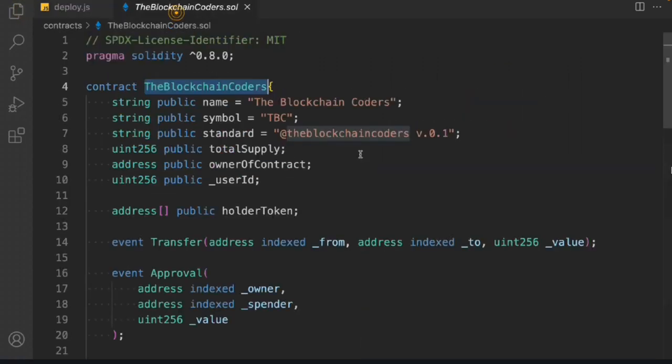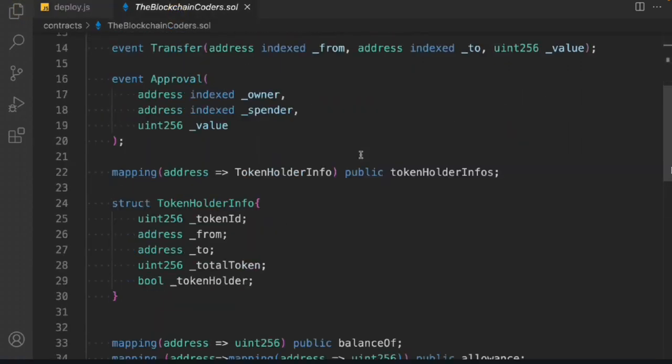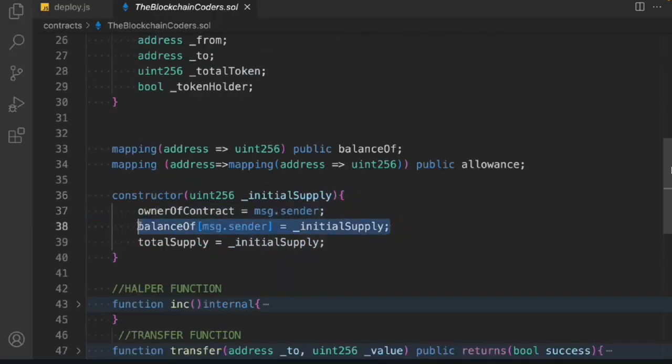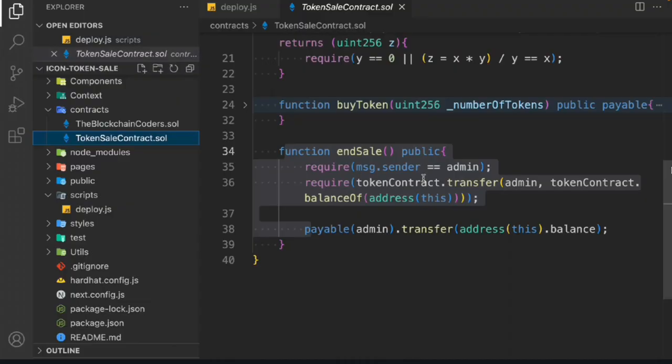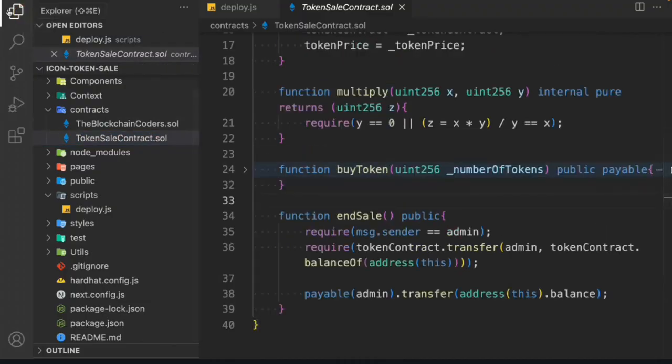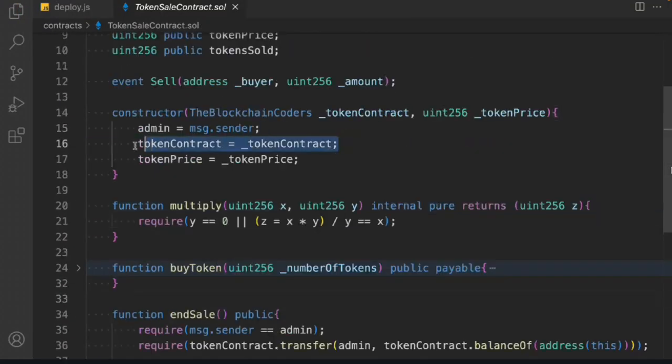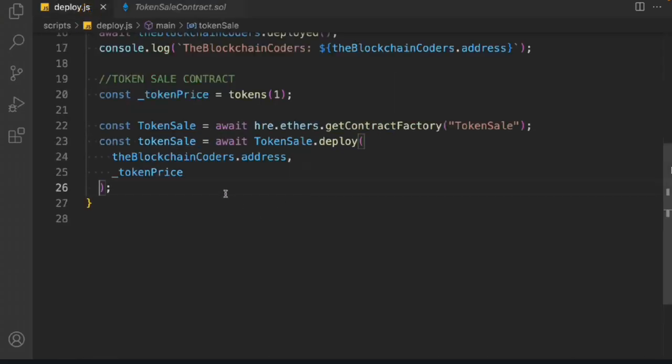So if you come back to the blockchain token sale contract, and if you look at the constructor, in that we are simply passing the address and the price in our constructor, and that's what we are doing exactly here. Now we have to simply call our deployed function on token sale